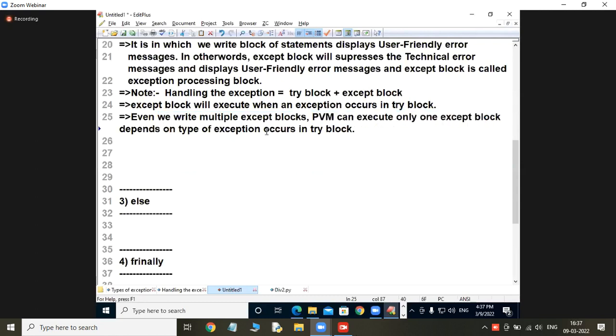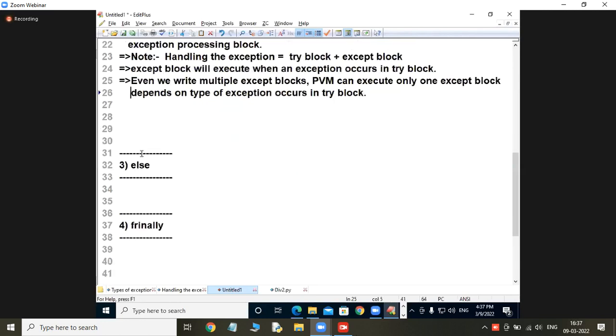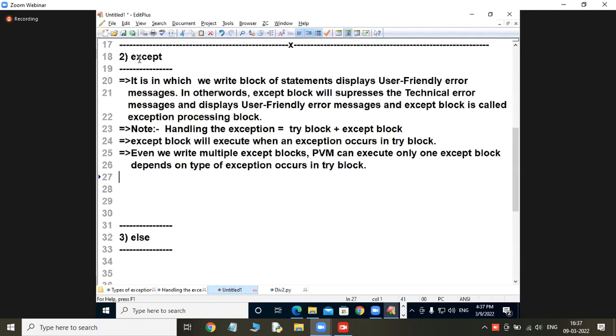Which except block depends on the type of exception that occurs in the try block. Even if we write multiple except blocks, PVM can execute only one, depending on the type of exception that occurs. This is an important point. Are you understanding, students?